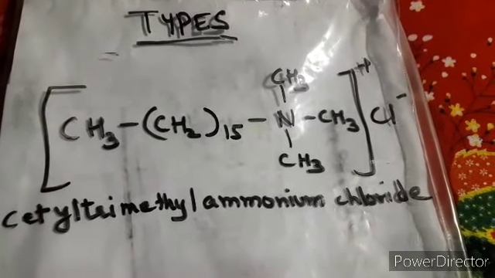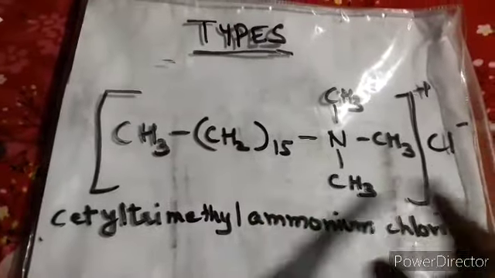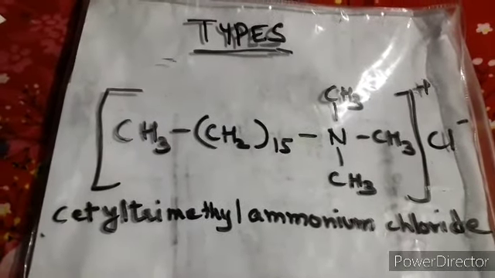So I think you can copy this, and there are other examples also for it. Now you can see once again I have written it, and I have written the name also. Now why is it a cationic detergent? It has a large cationic part, and the anionic part is very small. But in the previous part you have seen the anionic part was larger and the cationic part was smaller, and over there only sodium cation was present. Over here a big portion is cationic and a small portion is anionic. That's why it comes in the cationic detergents category.